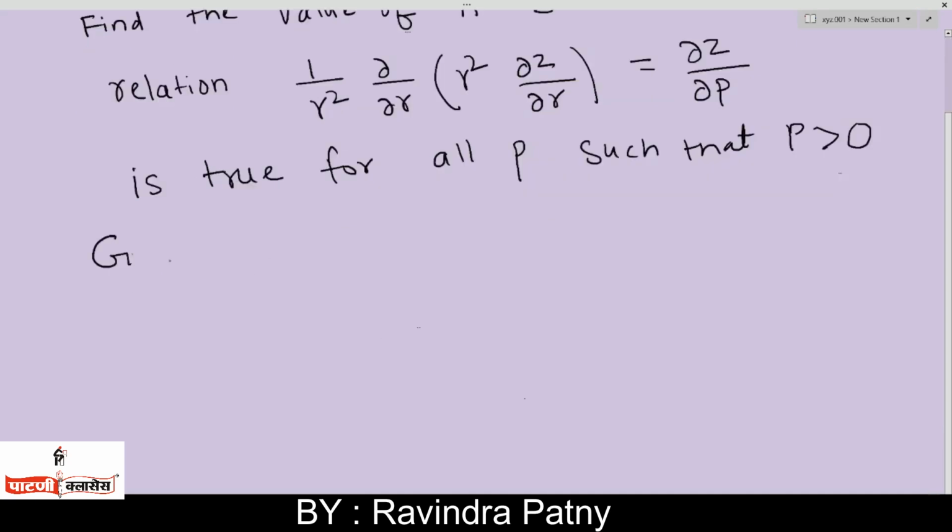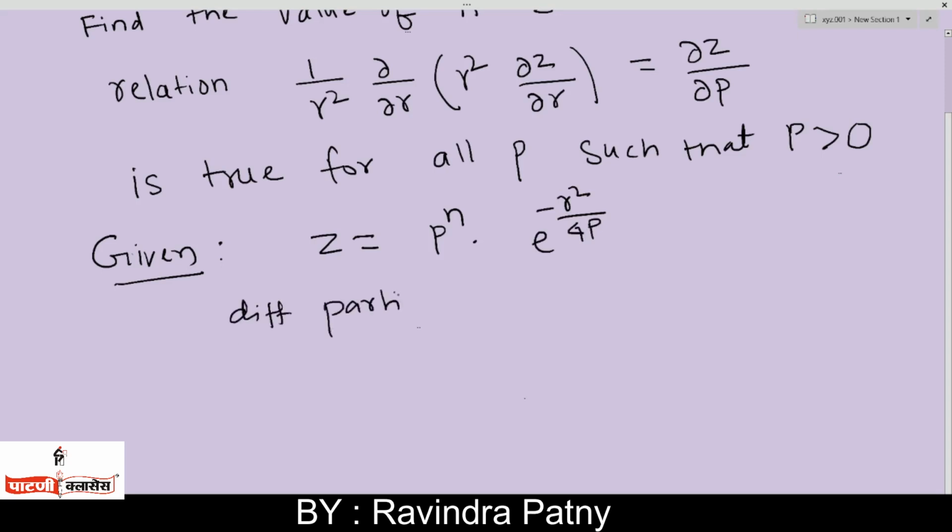given. z equals p raised to n into e raised to minus r square upon 4p. Differentiating partially both sides with respect to r. Therefore, ∂z/∂r equals